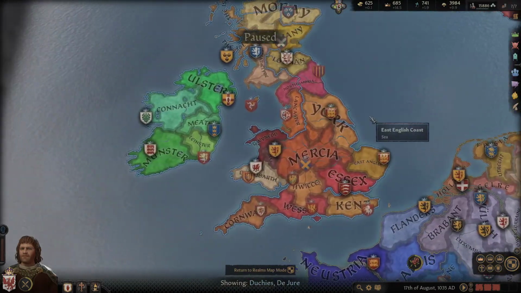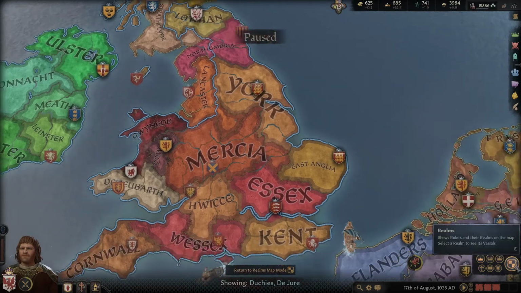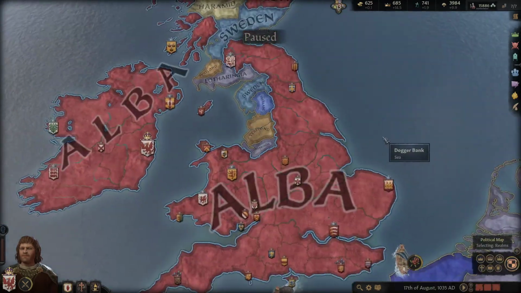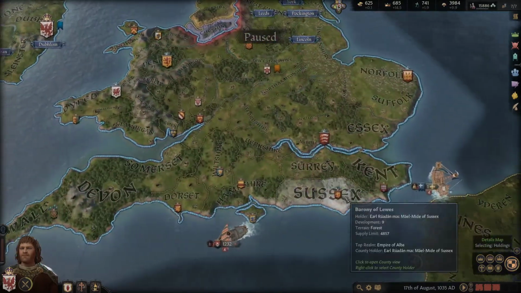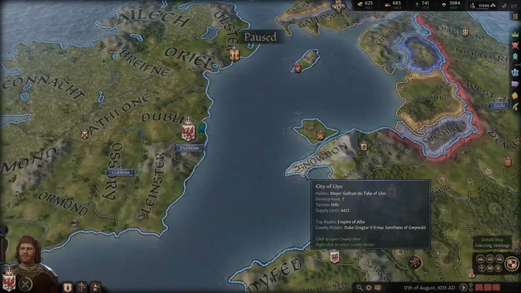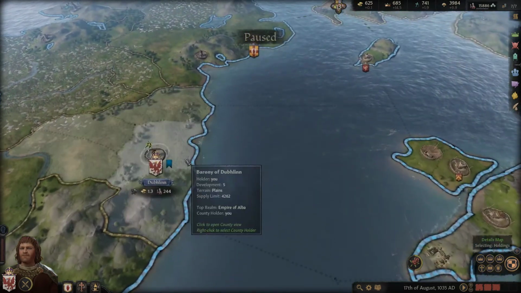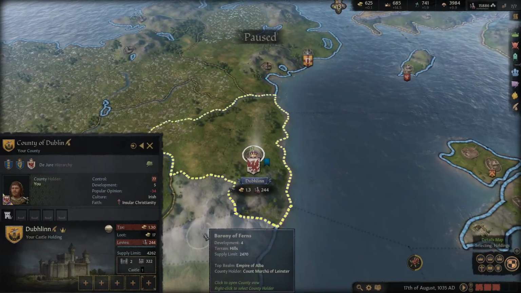Alright, so what do we do? What do we do? Well, we're gonna take the rest of this along the way. But right now, we need to get back to making money. I mean, Dublin's going to go to our heir no matter what. So, I will...